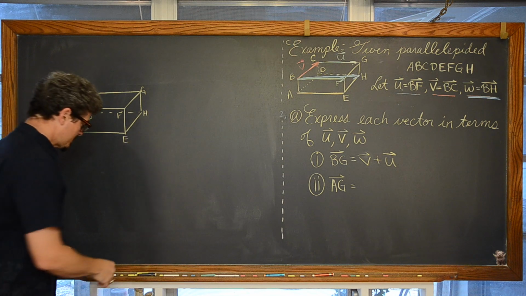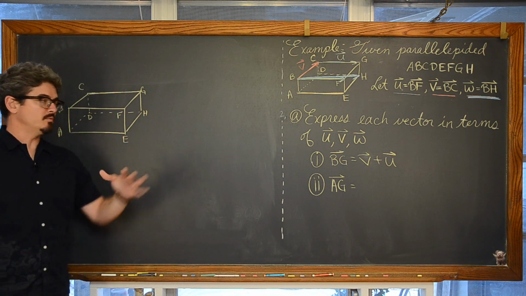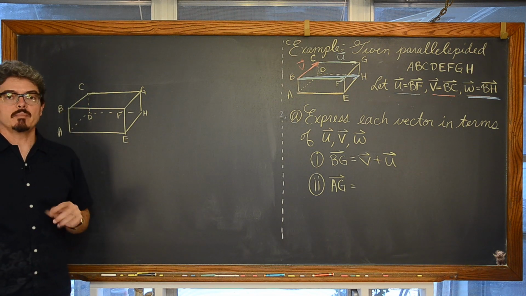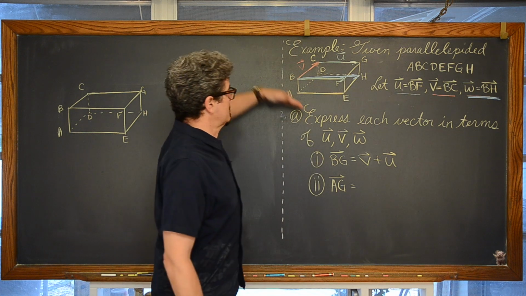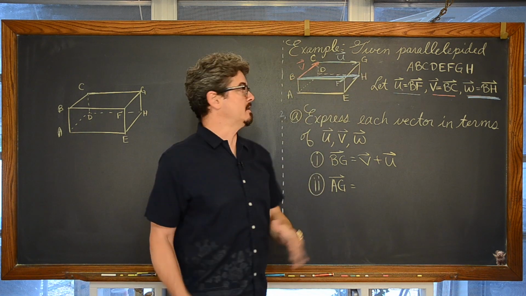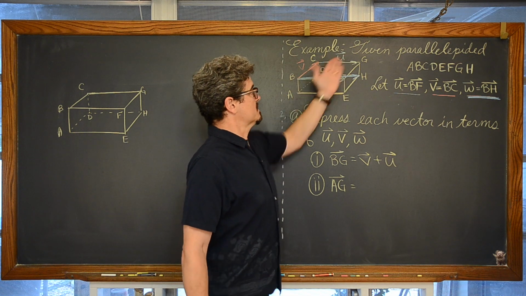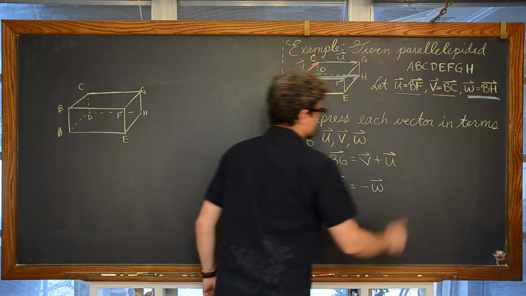Now, I'm going to do my best to try and help you see this 3D representation, but again, the way I see myself moving through this space may not be the same as yours. But I'm going to start this off with, instead of going top to bottom, we are clearly going to need to move from A to G, from bottom to top. So I'm just going to simply start this with a negative vector W.